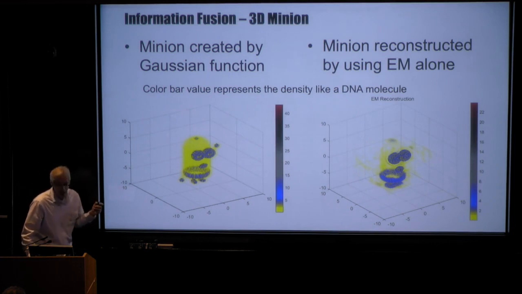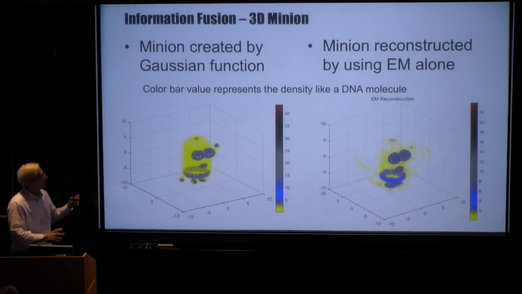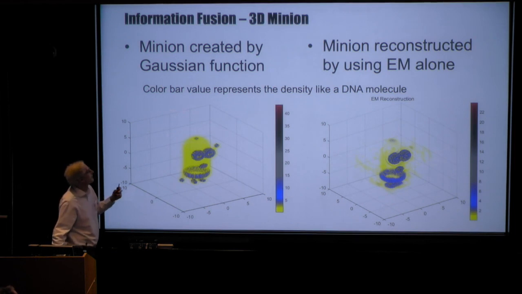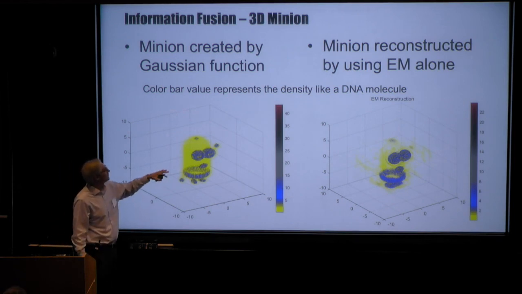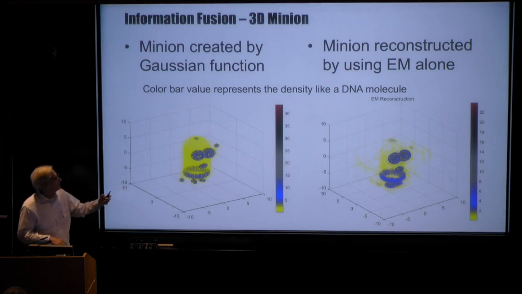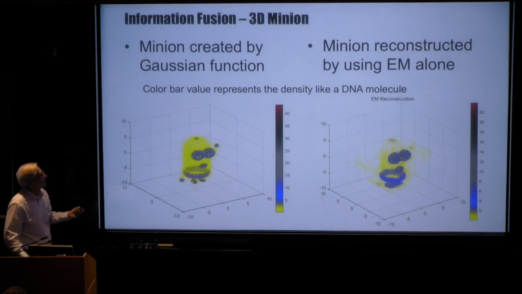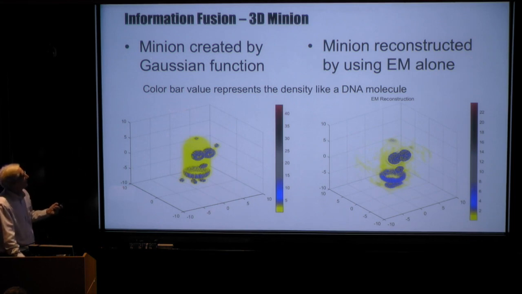So, well, maybe the smiley face wasn't real enough for you, so then we did a Minion from Despicable Me, which may look a little more like a biomolecular structure. So here it has different density values. You can see the plot here. The body is low density. The eyes have black and blue. You get to higher density. And so if we do just a tomographic reconstruction, we do quite well, as expected, on the right. But